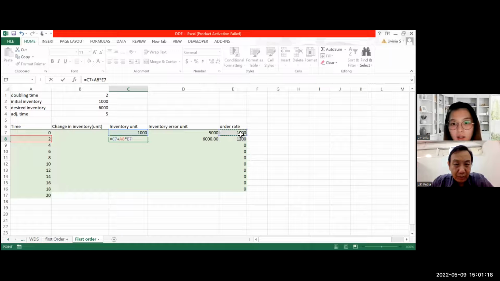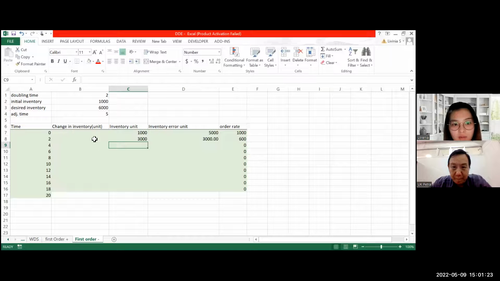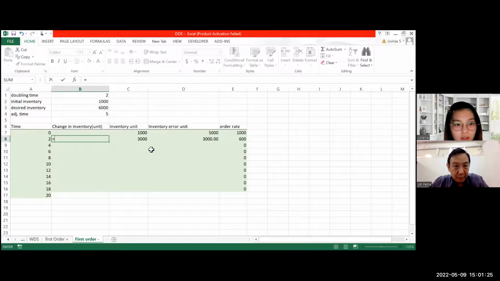You cannot put in the same. So this one, it is in the inventory. Should be the inventory. This one, and then